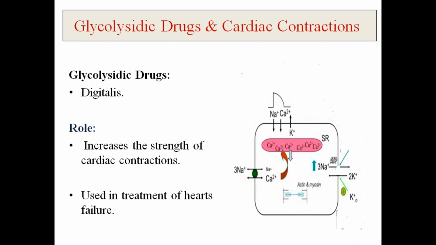Now we will discuss one drug class called glycosides, and in that class, one drug is digitalis. Now, this drug is used basically in cardiac failure, and the purpose of this drug is to increase the force of contraction. Why am I teaching you this drug? The purpose of teaching you this drug is so that you are able to understand the importance of the sodium calcium exchanger, which is taking a very important part in relaxation of muscle.